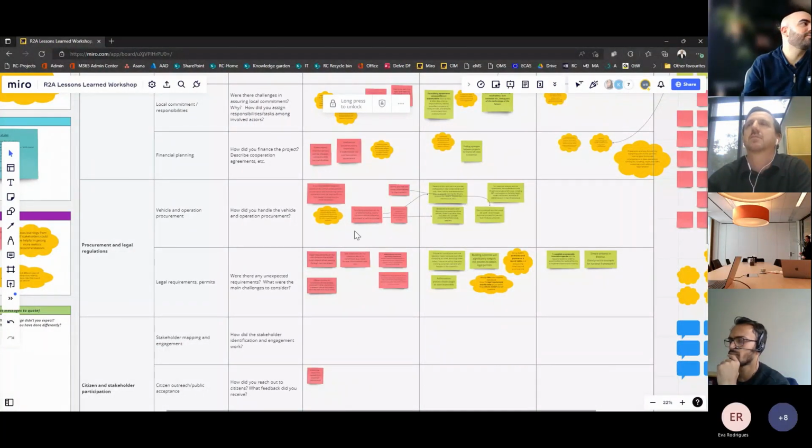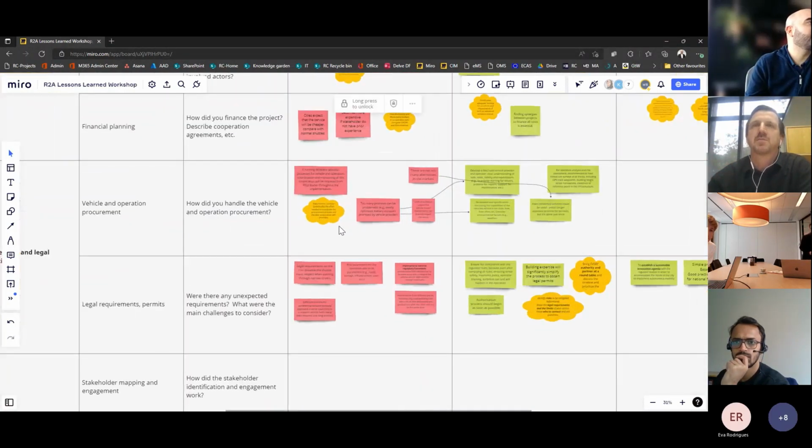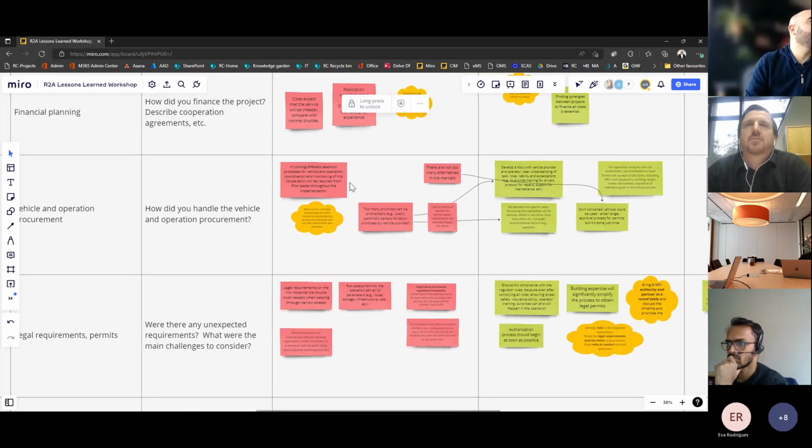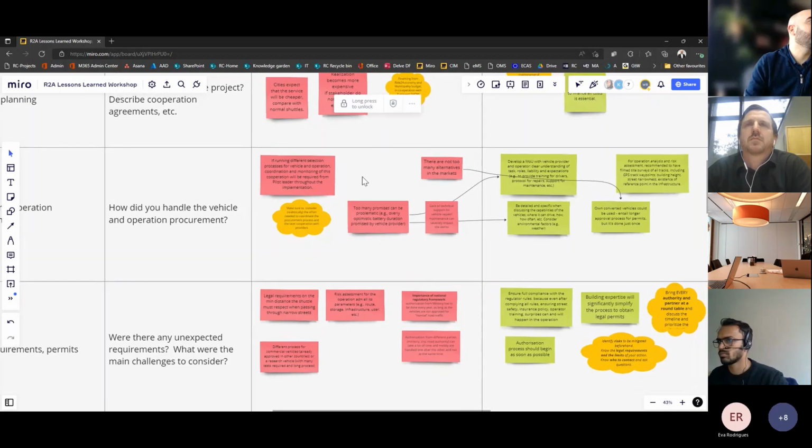Yes. Okay. So let's start with the procurement and legal regulations phase and what I could collect from the lessons learned input collection templates. First, in relation to the vehicle and operation procurement, some of the main messages were along, first of all, there